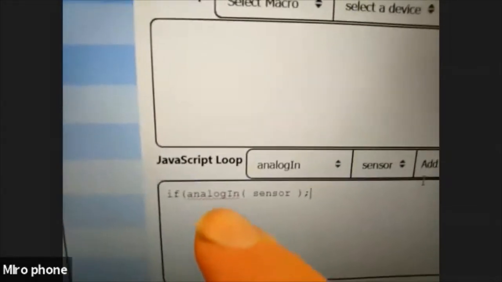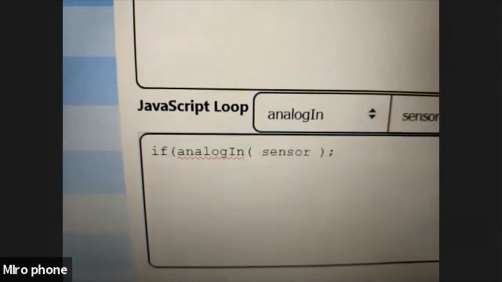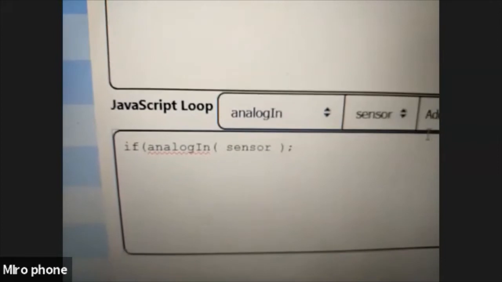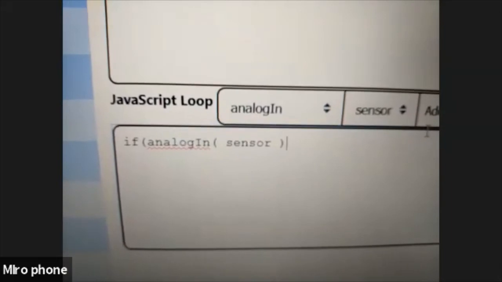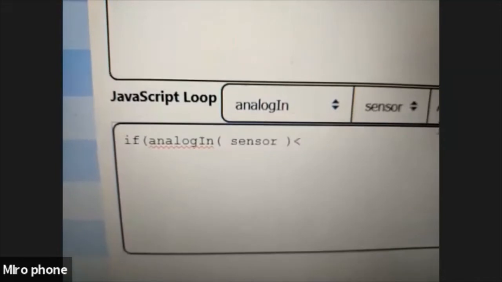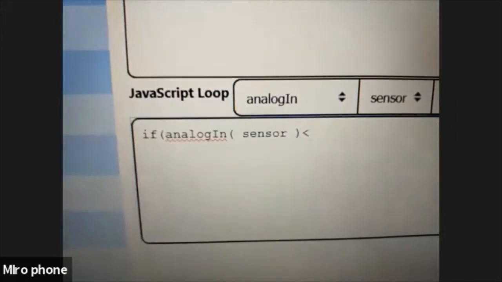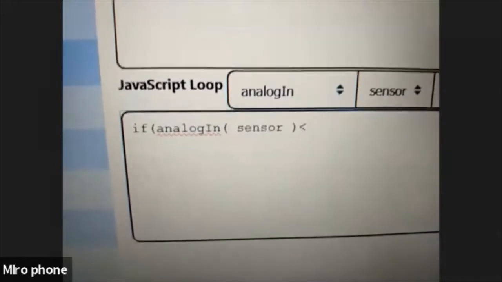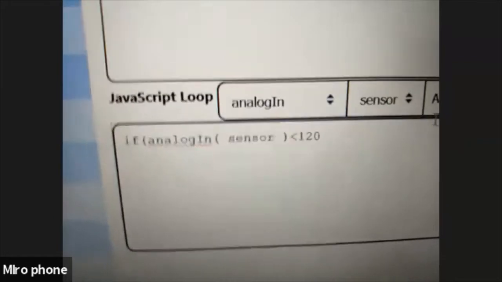So if the analog in sensor, okay, so you have the same on yours because yours is actually controlling the microchip. Then do a backspace, and we're going to make the decision if it is lower or less than a certain number. What number should we make as the limit? When it goes below, we want to activate the lamp. Let's say we want to make the limit 120, about halfway,